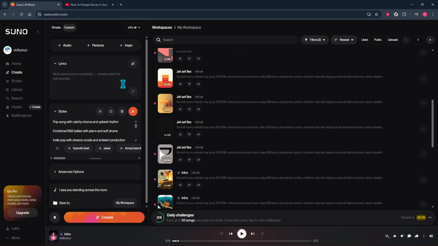Next, enrich the idea by combining genre, mood, and instruments. This adds color without overcomplicating things. A line like emotional R&B ballad with piano and soft drums guides the feel, the pacing, and the core sounds you expect to hear. Aim for one strong mood and one or two featured instruments so the production remains focused